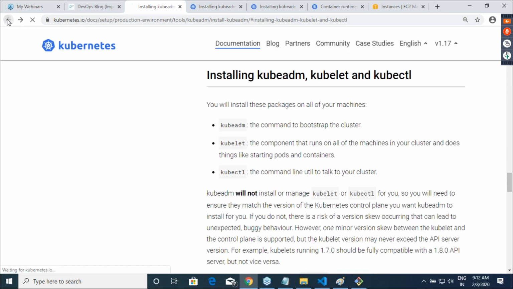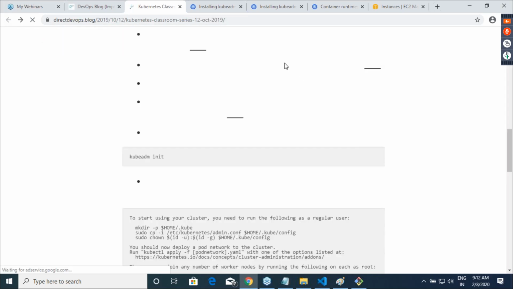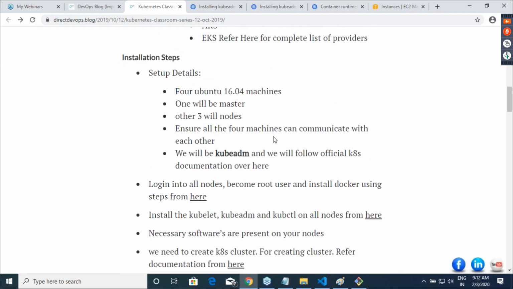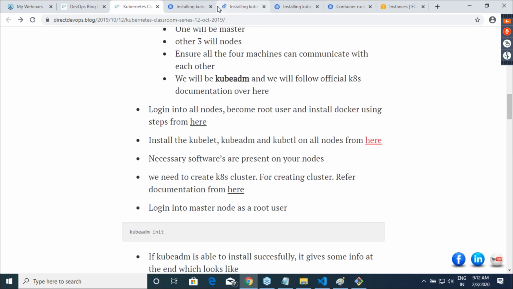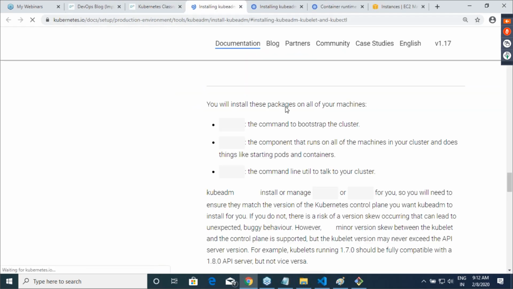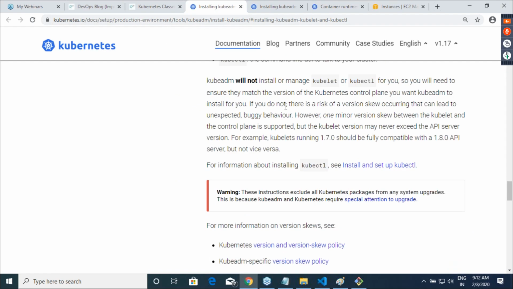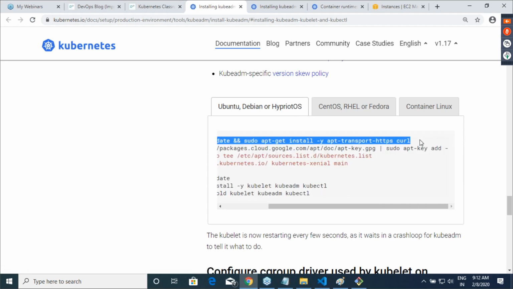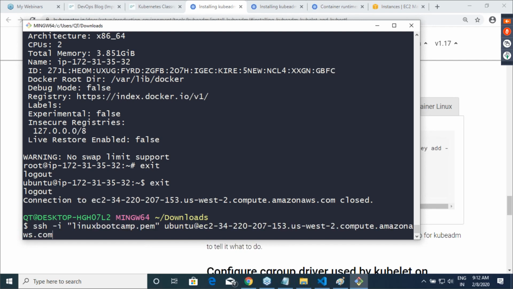So I'll click on this. Sorry, control-click could have been better. Over here, Ubuntu stuff, and then if you're using a container Linux. So let me log in to my master.